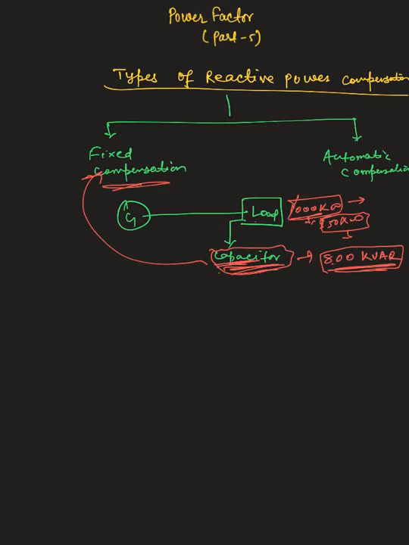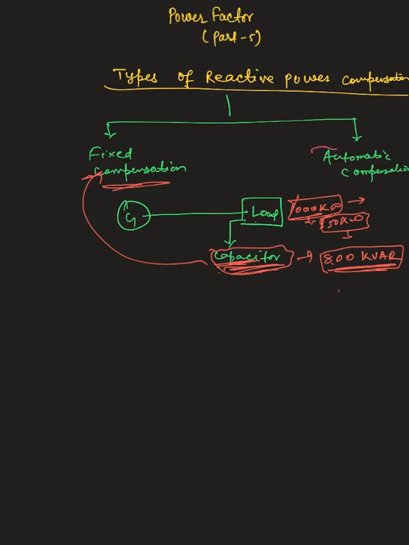Majorly it is used when the load variation in a system is very small. Mostly the load remains constant, there is no variation in the load. In that case, we use fixed compensation. In the second case, sometimes the fixed capacitor is used on the HV side of the system. And the third place where it is used is along with equipment. Suppose there is one big equipment connected in your system. Directly across that equipment we can connect a fixed capacitor, or do a fixed compensation for that particular equipment.